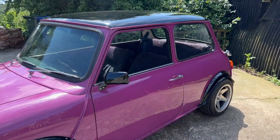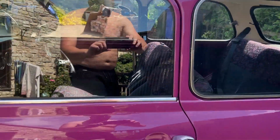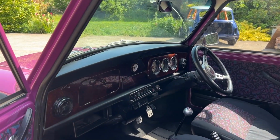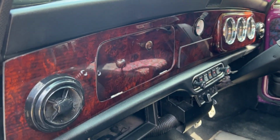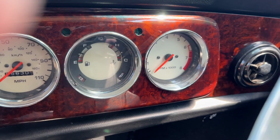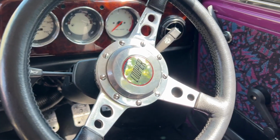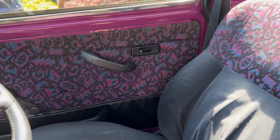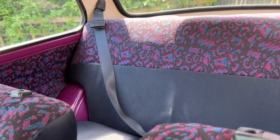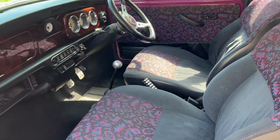It's got my favourite aftermarket wheels that they do on a Mini, which are called StarMags, for those who don't know. Lots of chrome in all of the usual places. An absolutely stunning walnut dash with boost gauge, white dials with rev counter, a Cooper motor litre steering wheel. I think this is an Equinox interior. No, is it? I think Sam. I can't remember what it is, but obviously continues